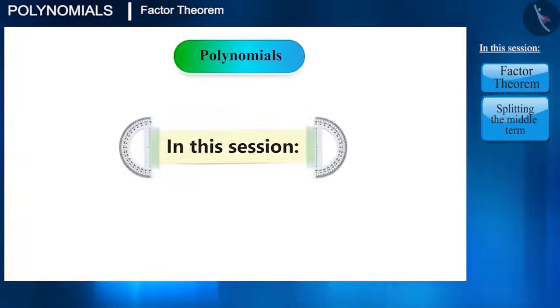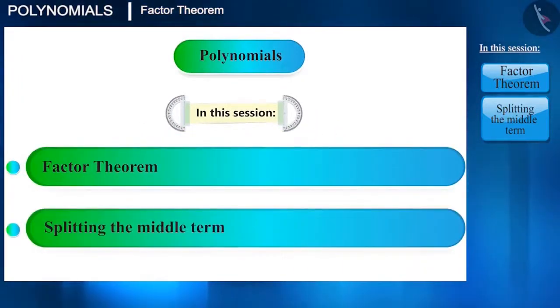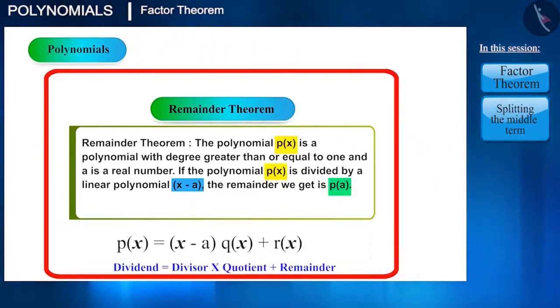Today, we will learn about the factor theorem and splitting the middle term related to polynomials. In the previous video, we learned about the remainder theorem, which states that when a polynomial p of x with power 1 or more than 1 is divided by a linear polynomial x minus a, it gives a remainder p of